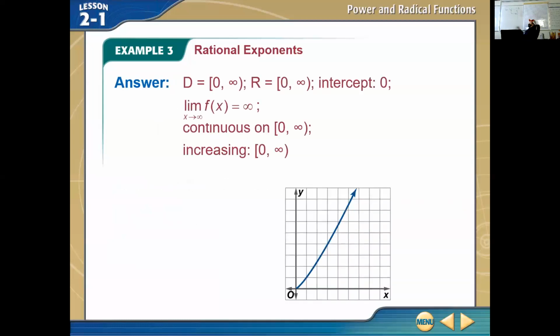Okay, and there's the way that your graph looks. Okay, once again, your rational exponents, they turn them into radical functions. So rational exponents, whenever we have an exponent that is a fraction, it is